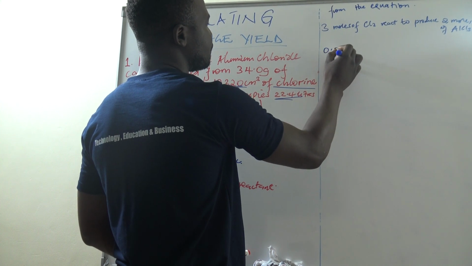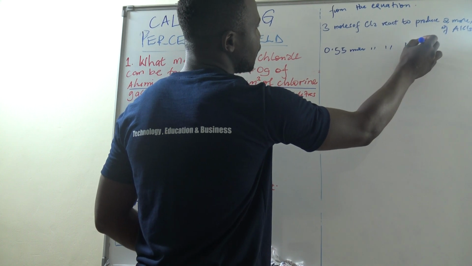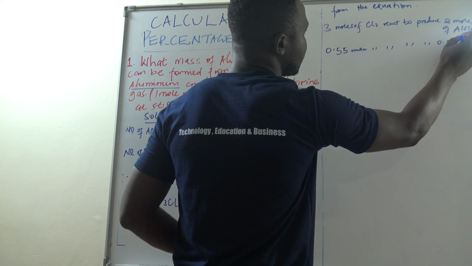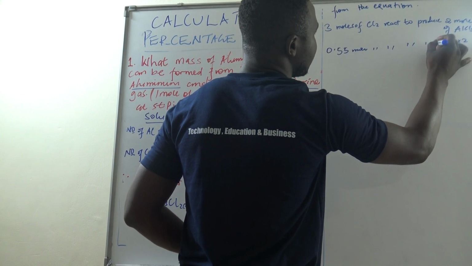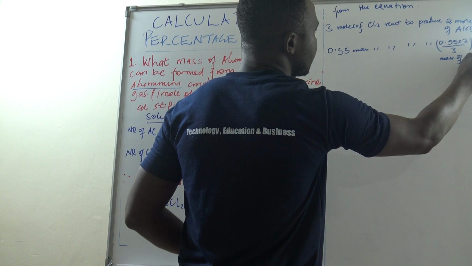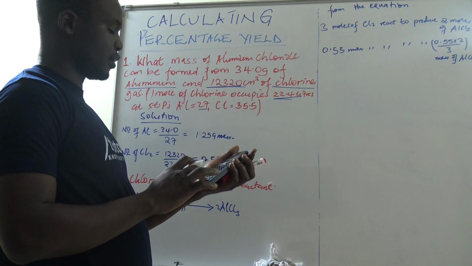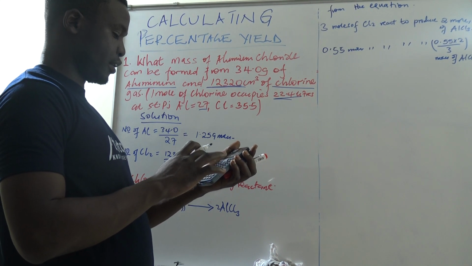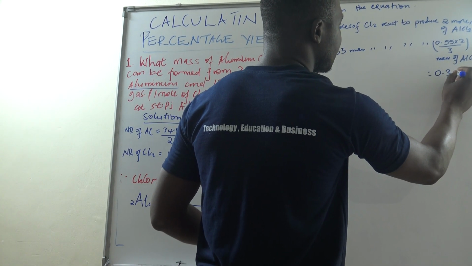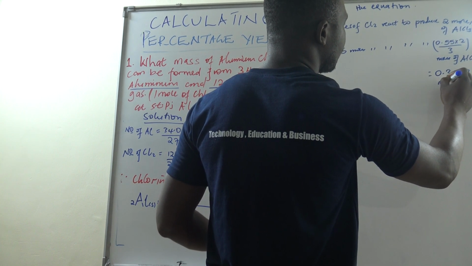Therefore, 0.55 moles of chlorine will react to give us 0.55 times 2 divided by 3 moles of aluminium chloride. So we plug that in the calculator, and it gives me 0.3667 moles of